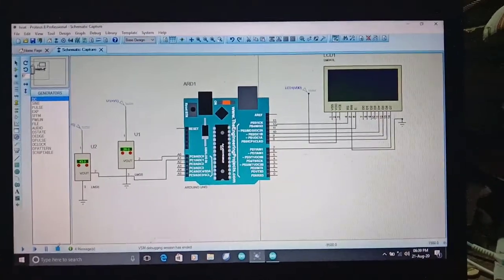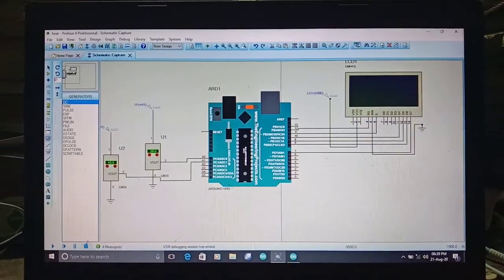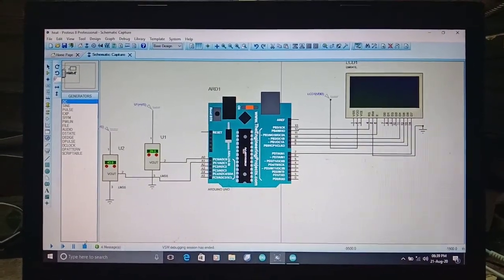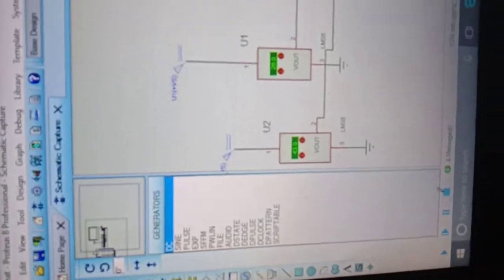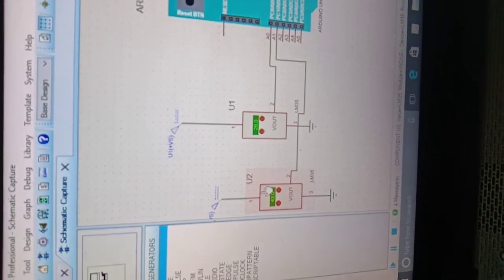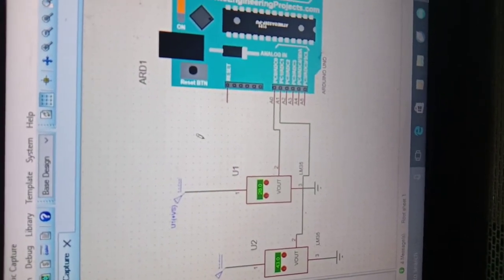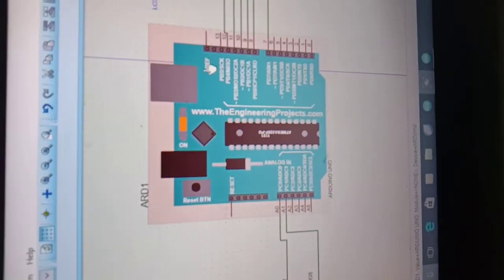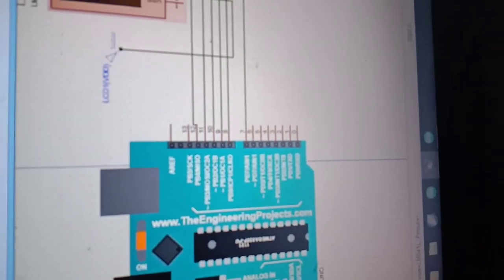So hello everyone, this is another video about Arduino, and I will not show the connection, but I will show the simulation of this Arduino board. In this case I have used this one. You see the cursor, and this is a temperature sensor. This one is another temperature sensor. Basically there are two temperature sensors, and through programming this Arduino board, the output will be shown on the LCD screen.